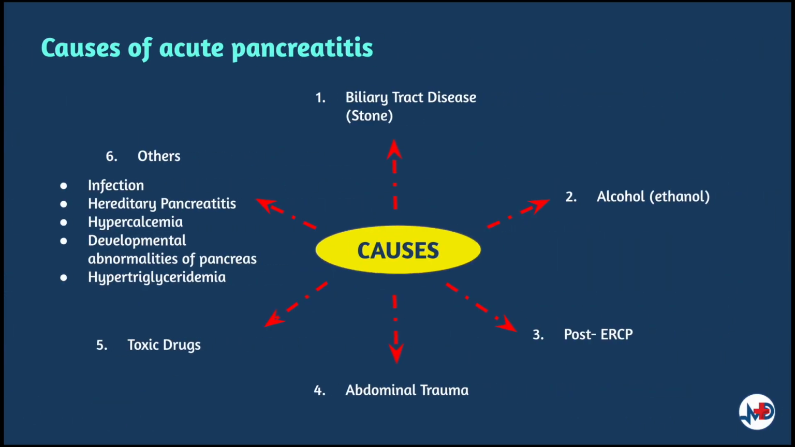A vast majority of cases in the UK are caused by gallstones and alcohol. A popular mnemonic that is used is GET SMASHED. G for gallstones, E for ethanol or alcohol, T for trauma, S for steroids, M for mumps. Other viruses also include Coxsackie B, autoimmune such as polyarteritis nodosa and also Ascariasis infection, S for scorpion venom, H